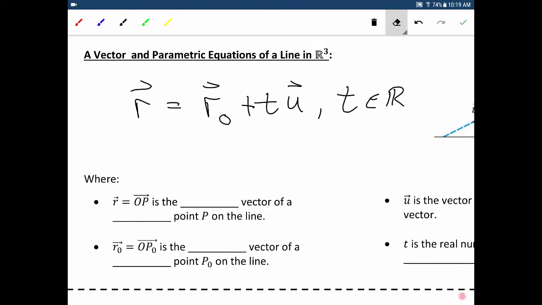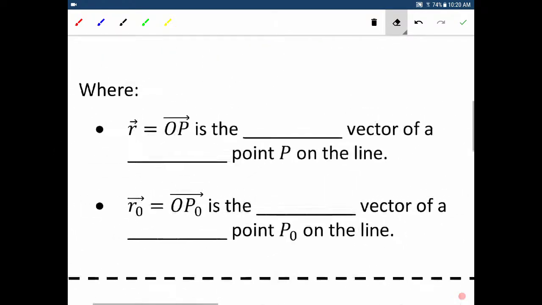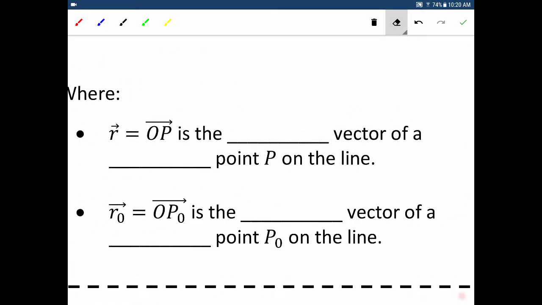And so this is, of course, in R3, which is the difference from what we did before, where it was only in R2. And you'll notice that it looks exactly the same. Okay, and it basically is exactly the same. We just have a third dimension. So this R here, this is the position vector